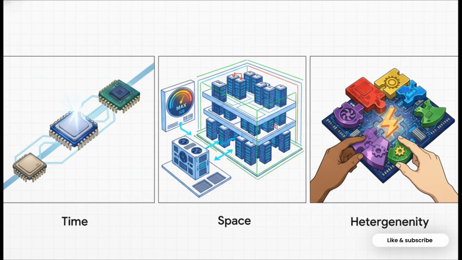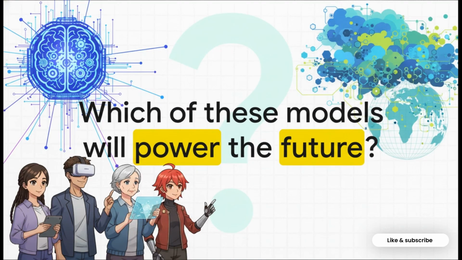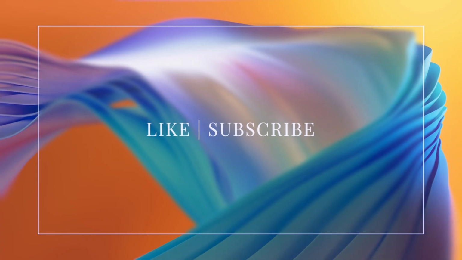So from that single central brain all the way to globe-spanning clouds of computers, we've seen how computing has had to evolve to meet these insane demands. It really leaves us with a big question, doesn't it? As our world gets more connected and as we create more data every single day, which of these models, or maybe some new combination of them,